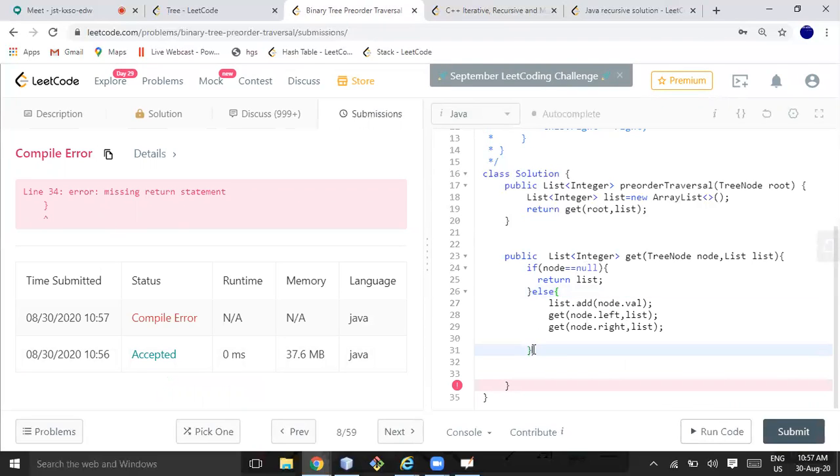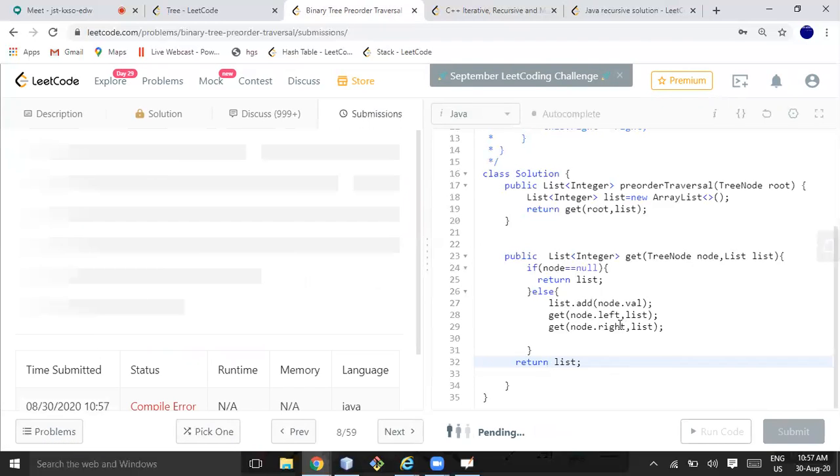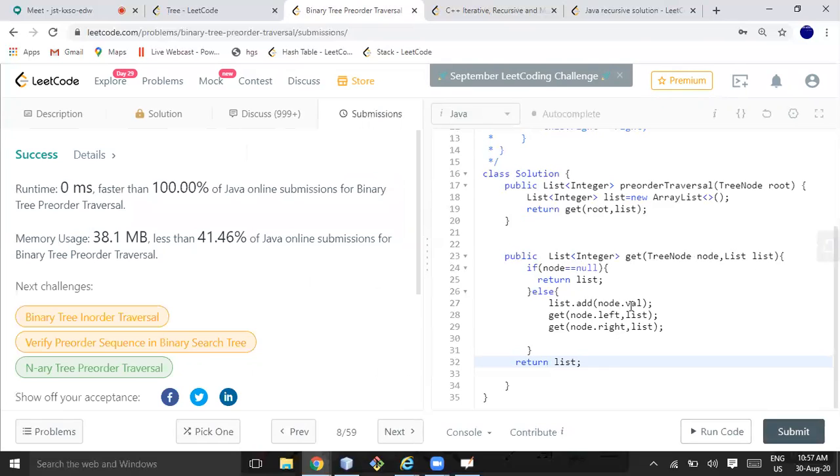Generic, okay. If node is null, else here return. So the same solution can be applied for in-order, pre-order, and post-order traversal. This is the way we do it using recursion.